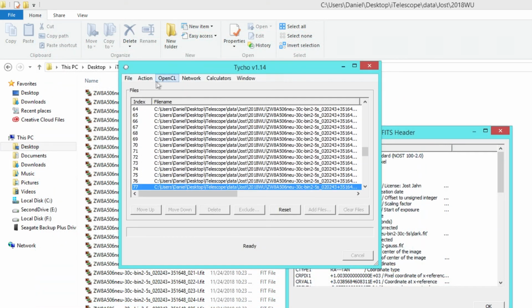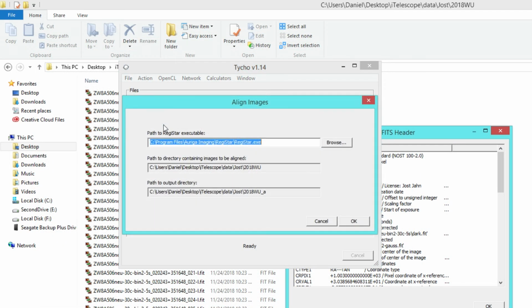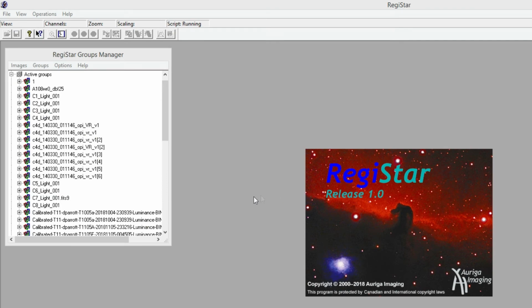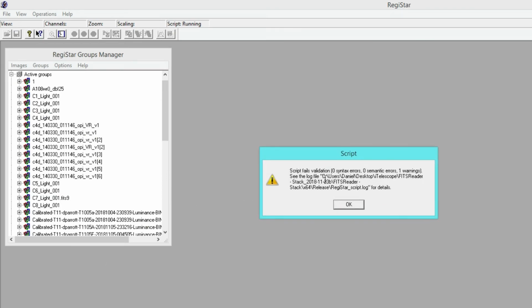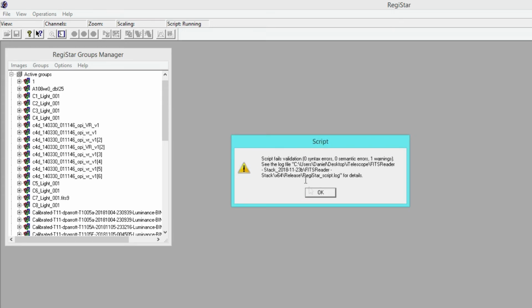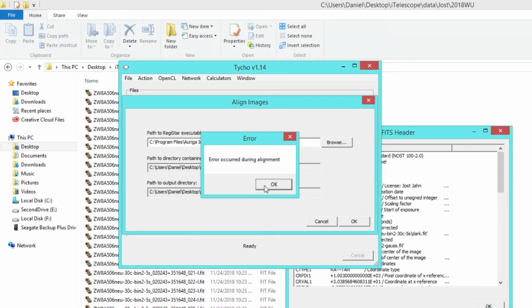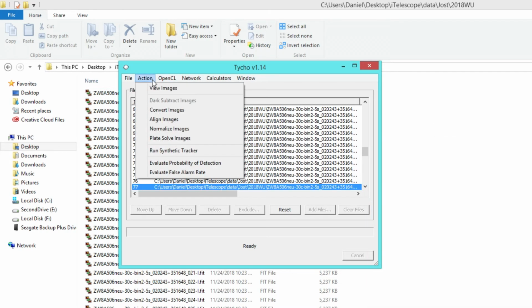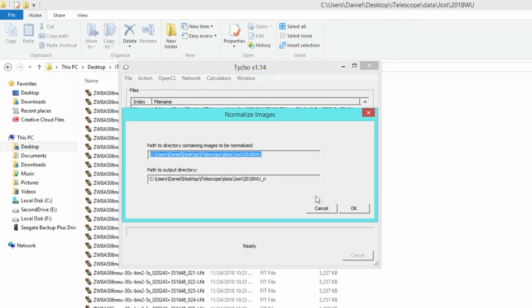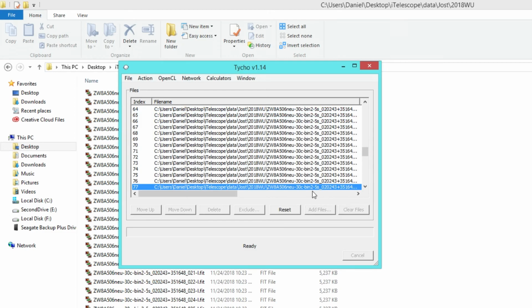So the next thing I did was try to align the images, and Registrar came up with an error message, and it said script fails validation. This is the first time I've ever had that happen, and what I did to fix it was I actually went ahead and normalized the images, and then I aligned them. So go ahead and normalize, and